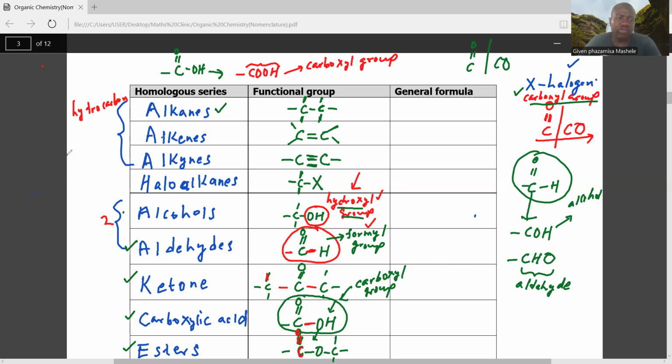Then again, you need to familiarize yourself with the general formula. You need to know the general formula of this. And this is one of the easiest. The general formula of an alkane is CnH2n+2. Let me use a visible one, let me just use red. So the general formula of an alkane is